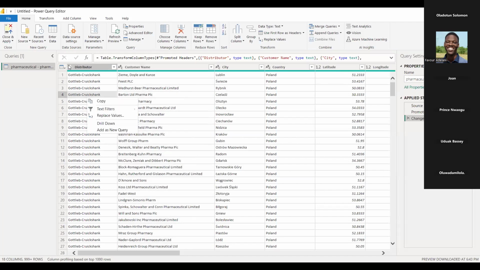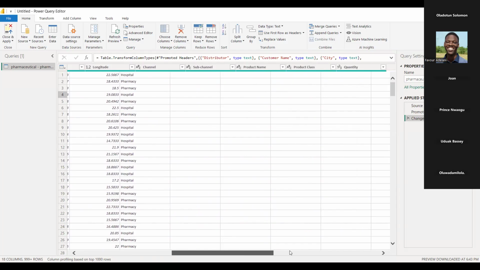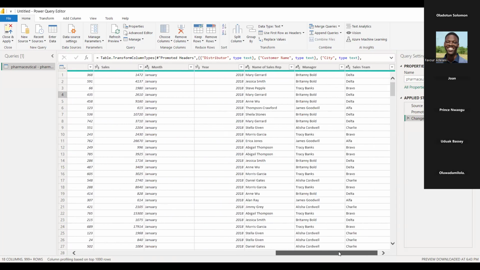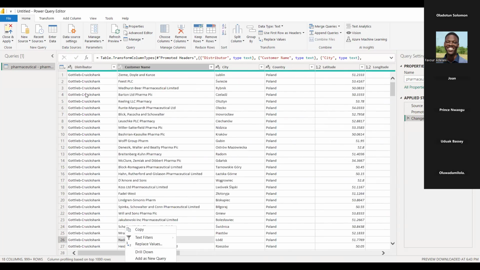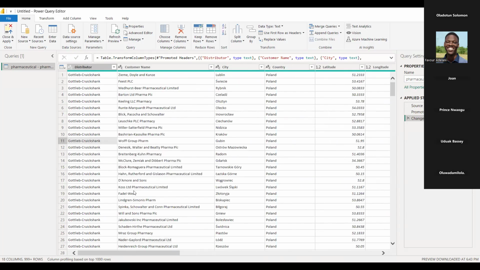Now, basically, just like we learned previously in the Excel class, one of the major functions of Power Query is that you can use it to load and transform data. So we are going to go through all of these columns one by one, and you are going to tell me if you notice anything wrong with any column.